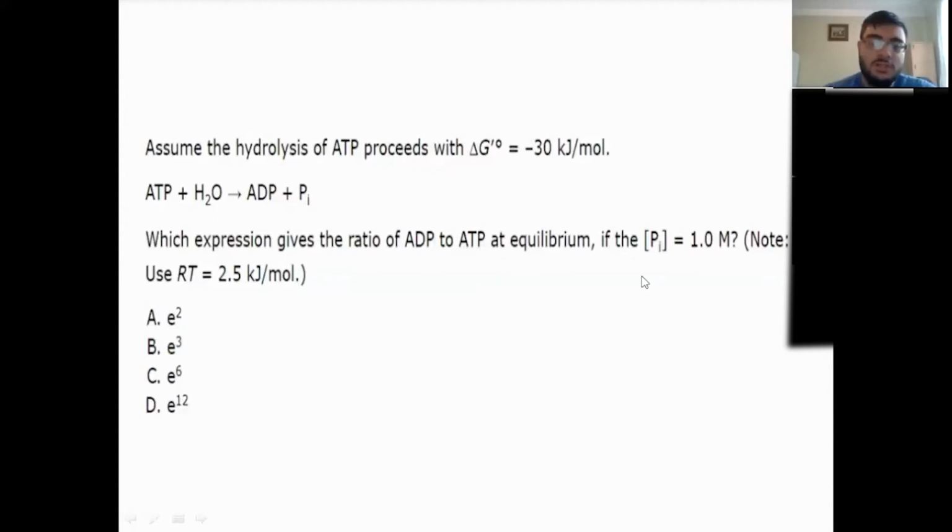So this question is possible without a calculator because they don't ask you to solve it. They ask you to leave it in terms of e. Without a calculator, it wouldn't be possible if they asked you to solve fully, but if they ask you to leave it in terms of e like this, it is possible without a calculator. You don't need a calculator for this. It involves a little bit of simple math, but other than that, it's not as complicated as you may think.